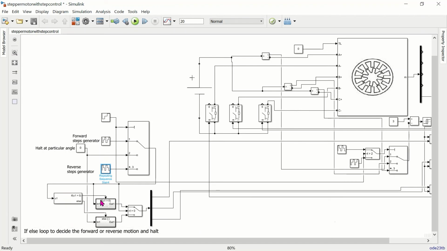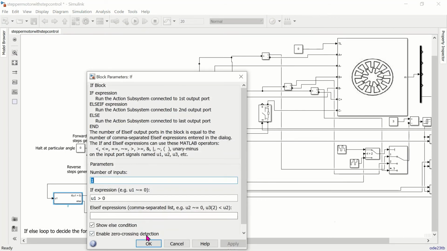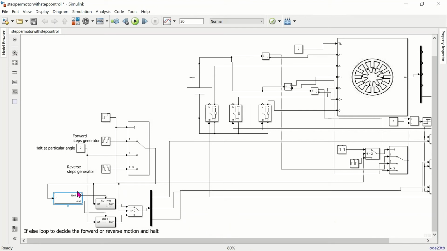This if else loop decides whether we are running the motor in forward or it is in halt, or whether it is running in the reverse or it is in the halt. So when it is in halt, all the switches should be turned off. So here an if else loop, that is a subsystem used to select that condition. Here what is the output that is coming? If it is greater than 1,